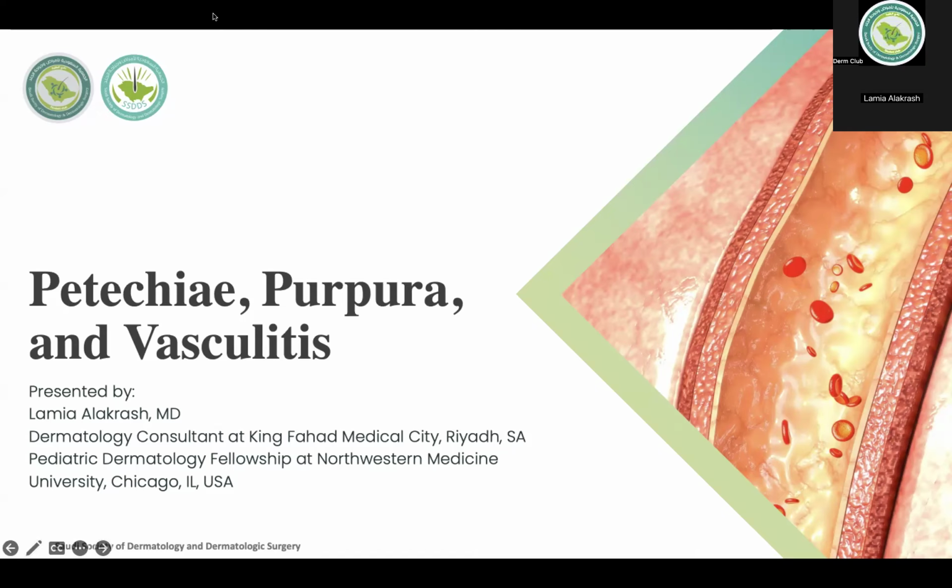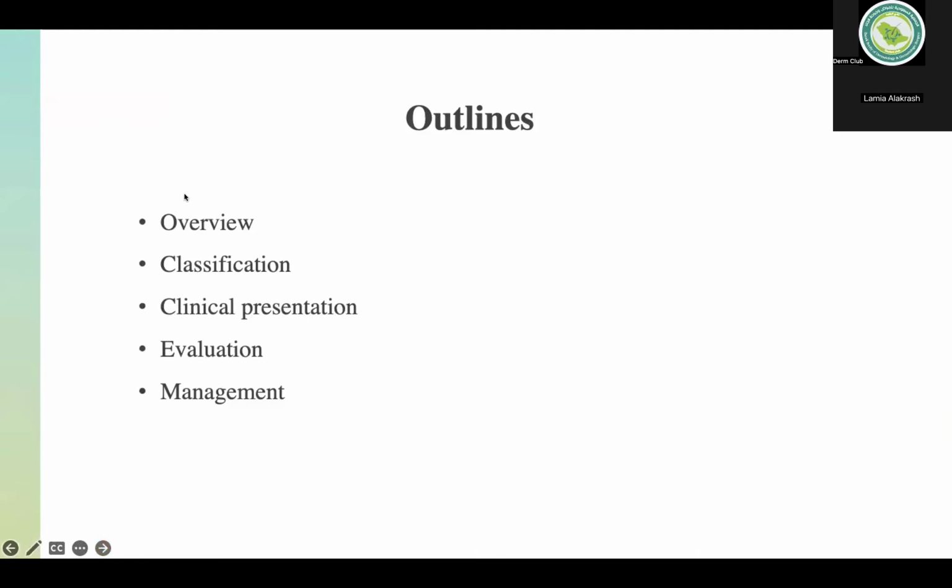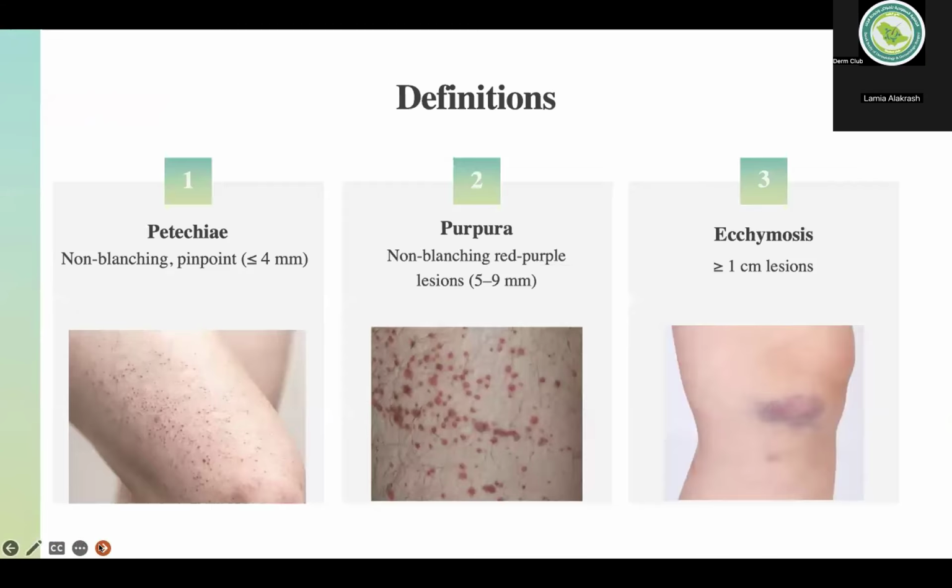Today we'll be talking about petechiae, purpura, and vasculitis. I have no conflict of interest, and in our session we'll go through an overview of vasculitis, classification, clinical presentation of different types of vasculitis, and evaluation and management. First of all, we have to know important definitions about this topic. So petechiae is defined as a non-blanching pain